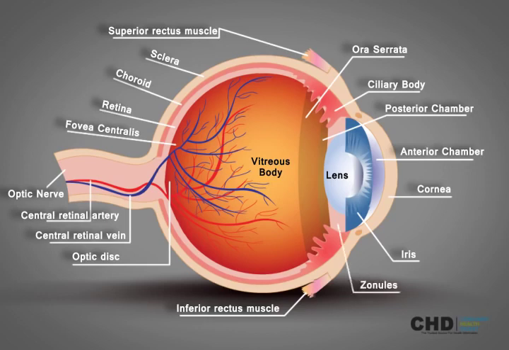The zonule of Zinn is split into 2 layers, a thin layer, which lines the hyaloid fossa, and a thicker layer, which is a collection of zonular fibers,